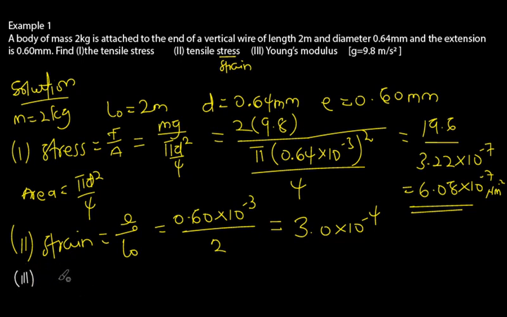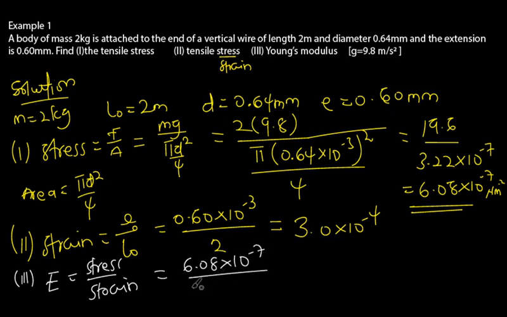So the Young's modulus, which is given by E, the formula is our stress on strain. And luckily enough for us, we've been asked to find the stress and the strain separately, so all we need to do is divide the stress by the strain. So we have 6.08 times 10 raised to the power minus 7 divided by 3.0 times 10 raised to the power minus 4. Okay, so if we input everything into the calculator, we will be getting 2.03